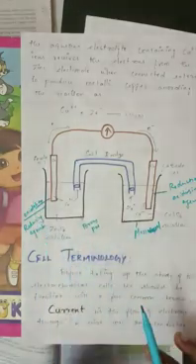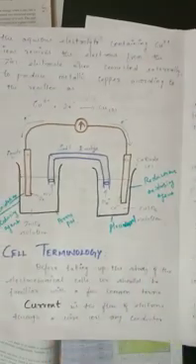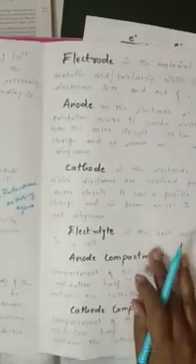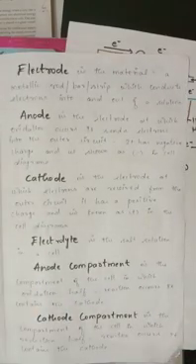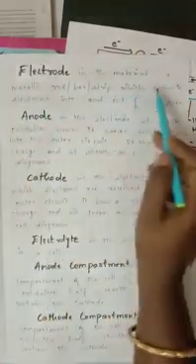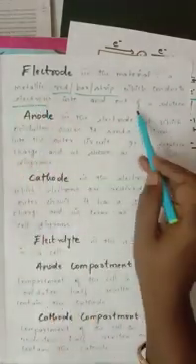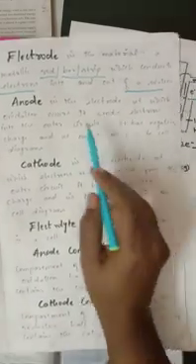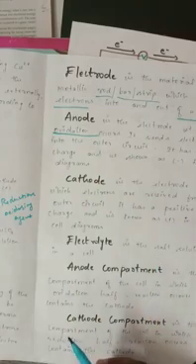Now we are going to see the potential of each electrode here. One is oxidation, another one is reduction. So now there are new terms you are going to see in this lesson. What is meant by electrode? I told you already, zinc, copper or any other transition metals may act as an electrode. So the electrode is a material. It may be a metallic bar, rod or strip which conducts the electrons in or out of the solution. The anode is the electrode at which oxidation occurs. The oxidation occurs on the left side, here.